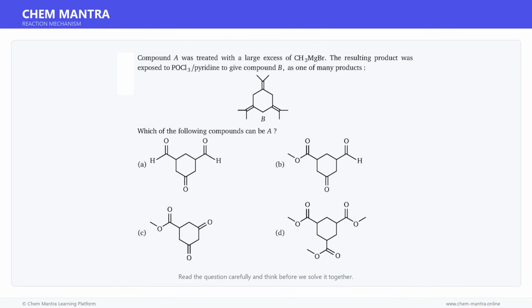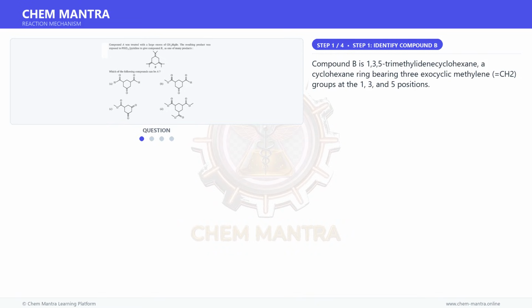Here is a question. Read it carefully and think about the answer. Let us solve it step by step. Let us begin solving this step by step. Compound B is